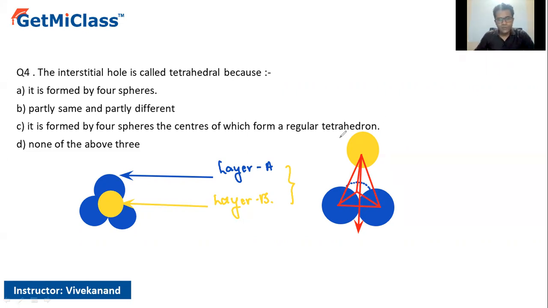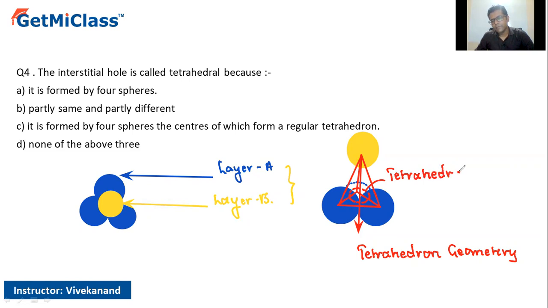So it leads to the formation of a tetrahedron geometry, wherein this is your layer B and this is your layer A. When all these spheres get connected, a small little hole is created. This empty space is nothing more than the